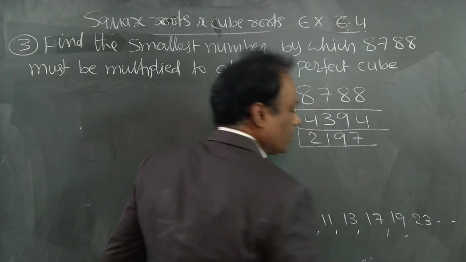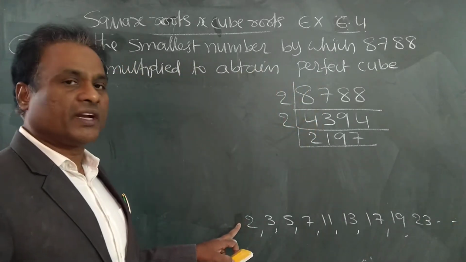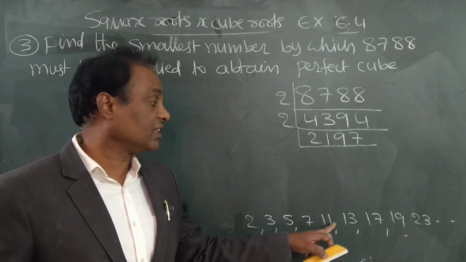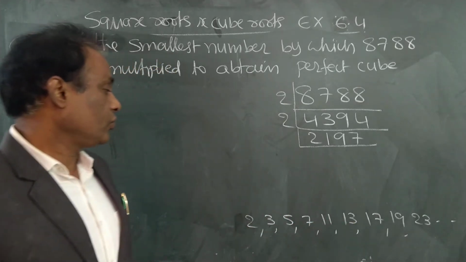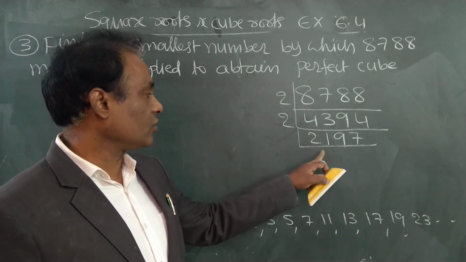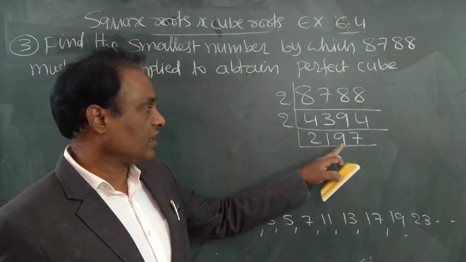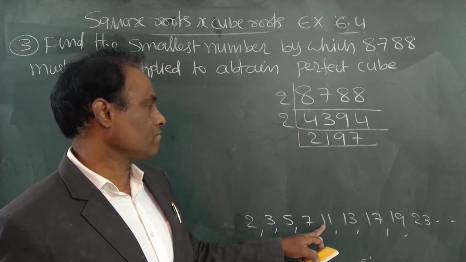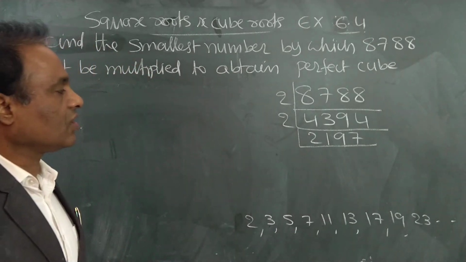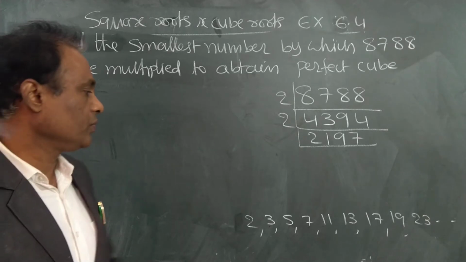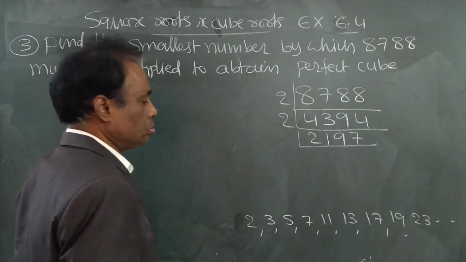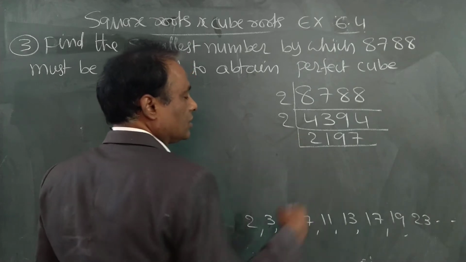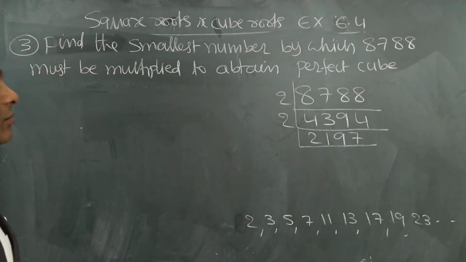So if it is not divisible by 2, then try with 3, then with 5, then with 7, then with 11, then with 13. 7 3s are 21, 7 1s are 7, no. 11, 11 1s are 11, 11 9s are 99, no. 13, 13 1s are 13, 89,